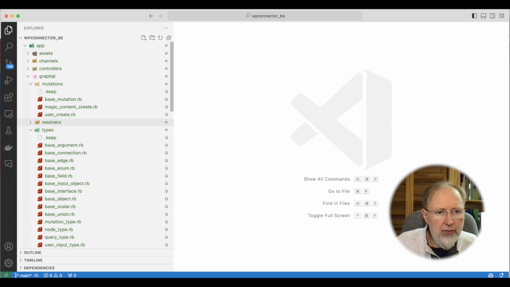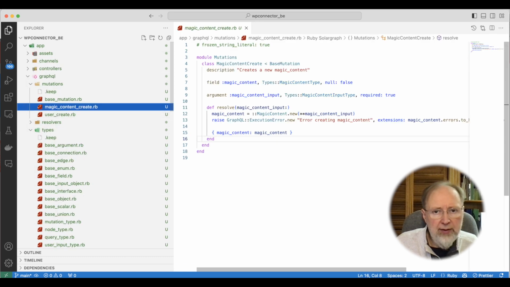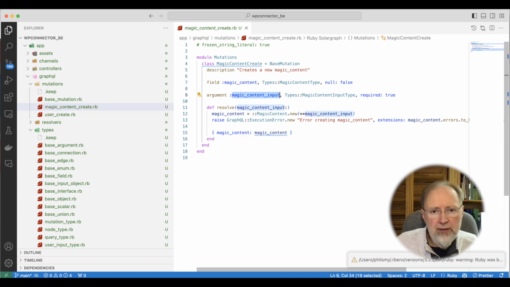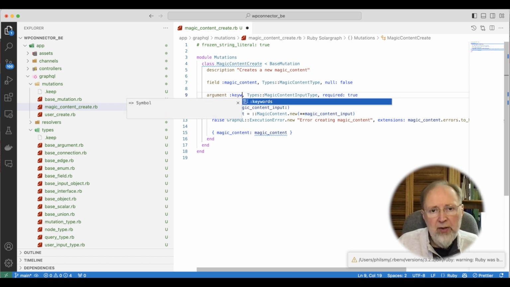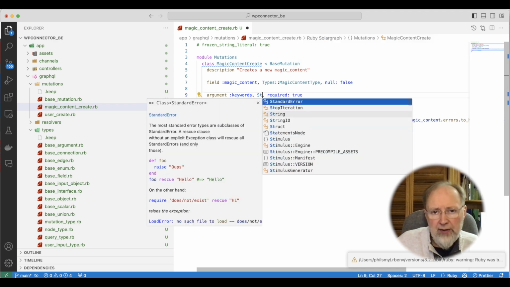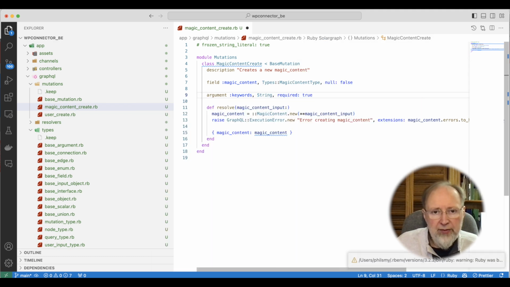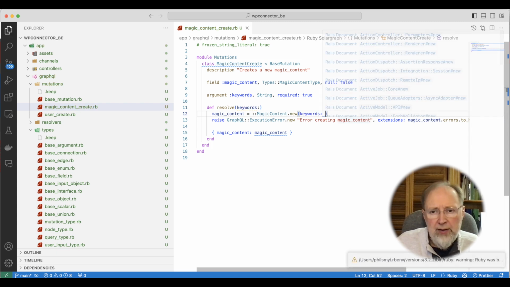So let's go to this, and this time I'm not going to do an input type. We know we only need keywords, right? Maybe in the future you do something else, string. So we're going to just call that keywords, keywords, magic content,